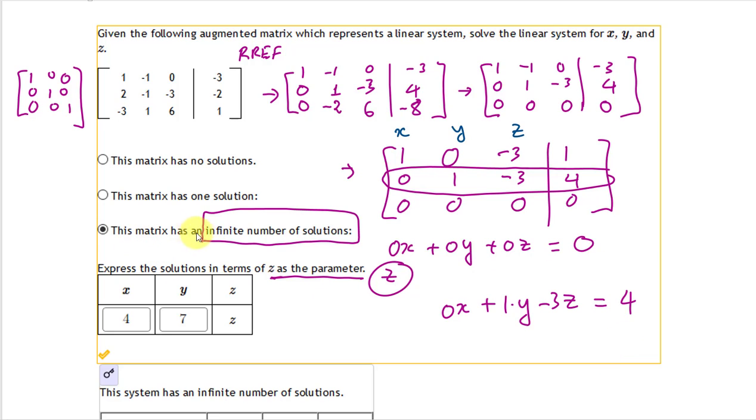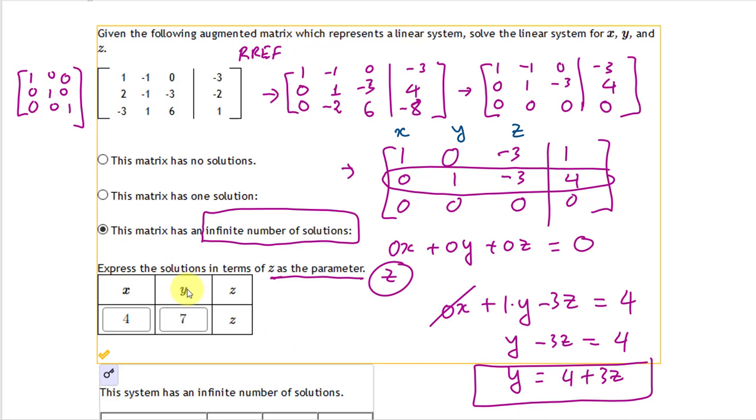Because you want to express everything in terms of z due to the infinite number of solutions. So now you see that there is no x here, but I have 1y minus 3z equal 4, and therefore to solve for y, I add 3z on both sides. So 4 plus 3z. So this is my y. So the y answer here should be 4 plus 3z, and that is the solution for y, because everything is